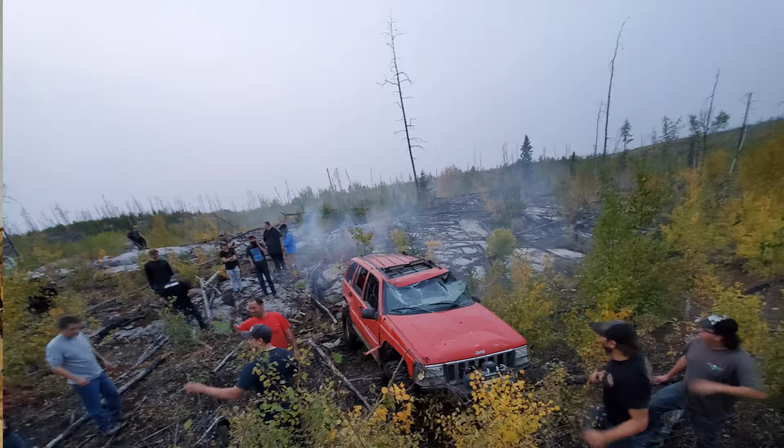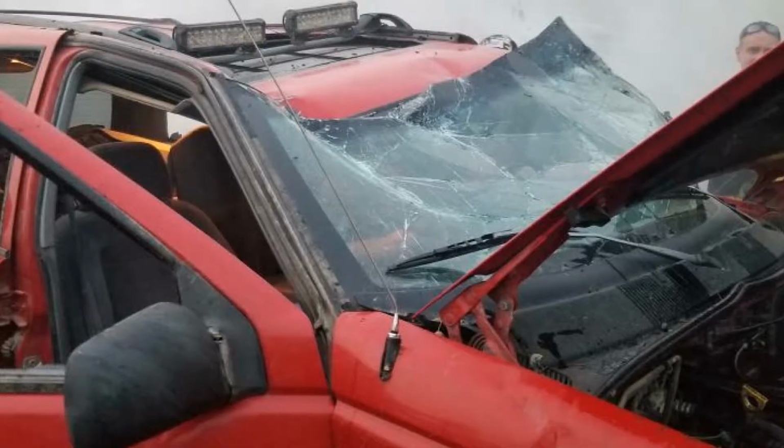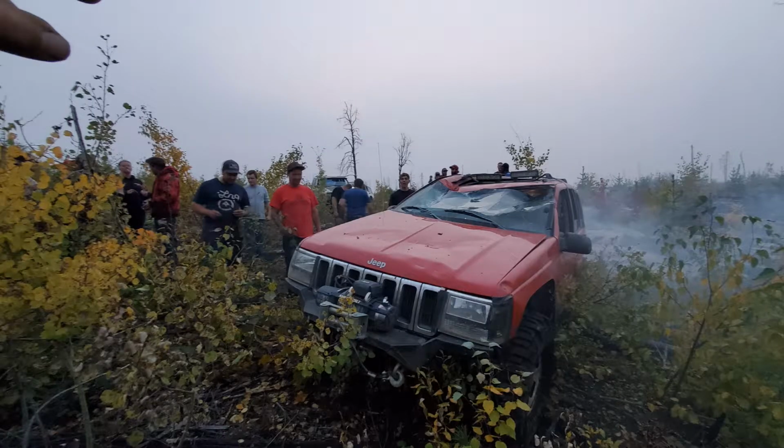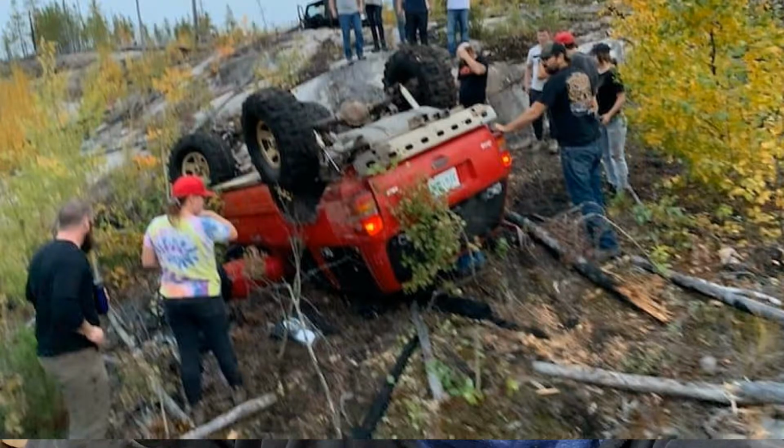So, as many of you know, I ended up rolling the Jeep. We were out rock crawling, a place I've never been before, and got a little confident. Stuff had broken just before, and the Jeep didn't perform like it had all day, and shit happens. Rolled it. It wasn't looking too good in the beginning, but I've spent a few days here now